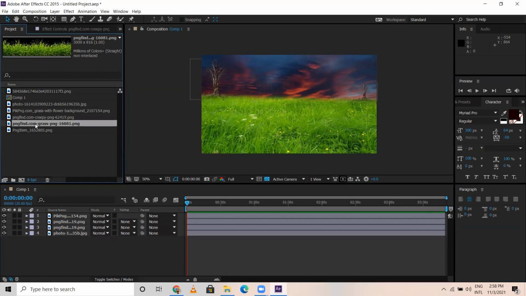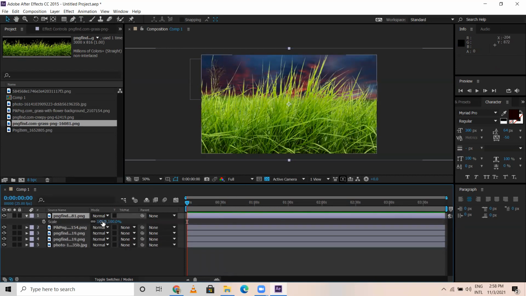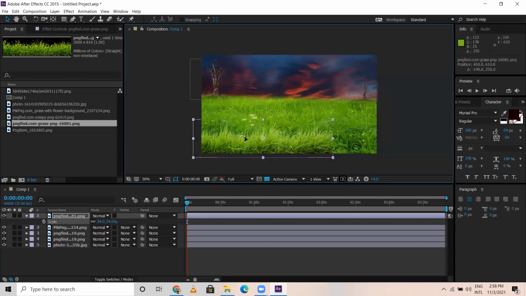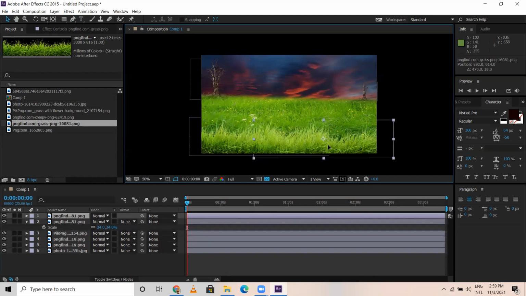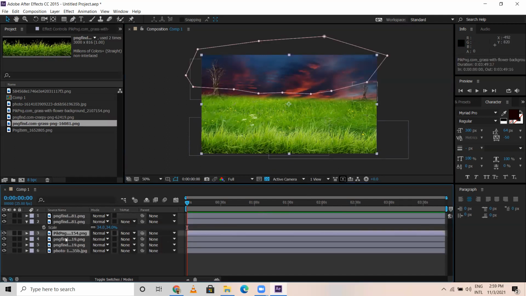the next thing, I have foreground grass. I can bring it to the front. Okay, and scale, you scale this manually. Don't scale this with fit to screen. Okay, one like this, and I'm gonna duplicate this as well. One other over here. Okay, so see, the composition looks like this.